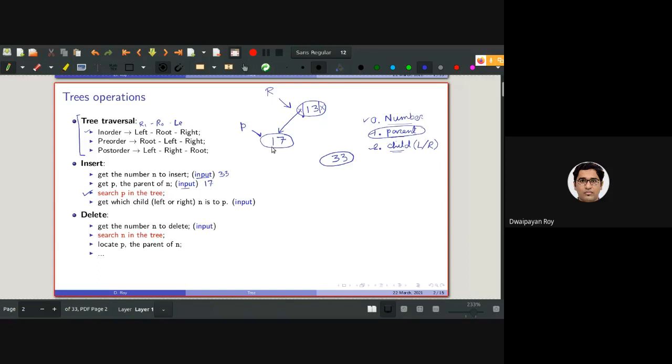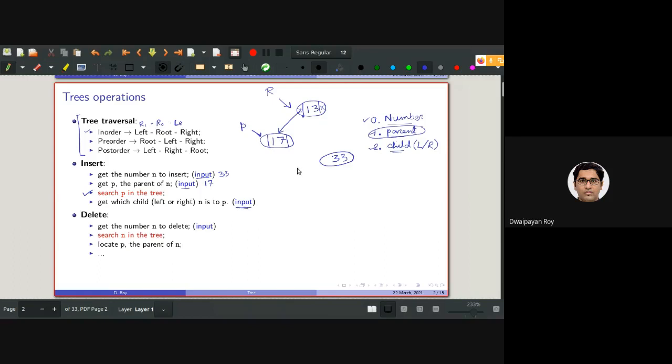As it is a binary tree, we know that a node can be added as either the left child or the right child. So I need to take that input as well, whether I want to add 33 as the left child of 17 or the right child of 17. We need to consider taking that as input.